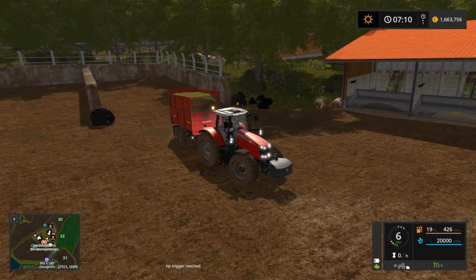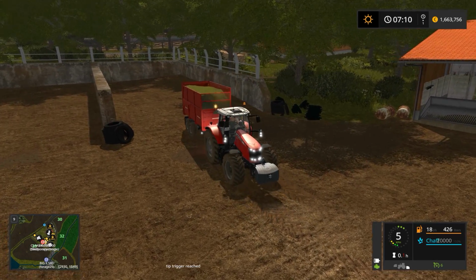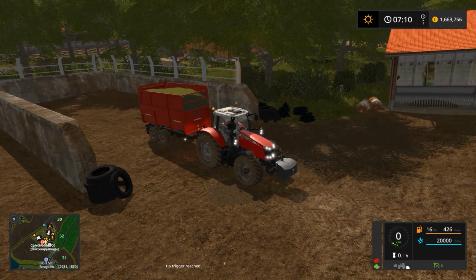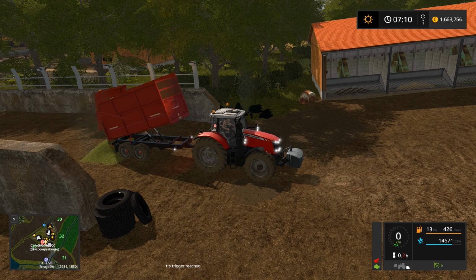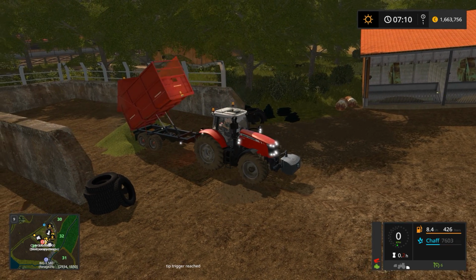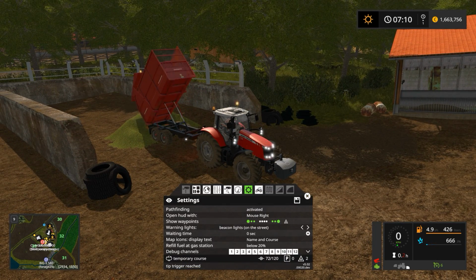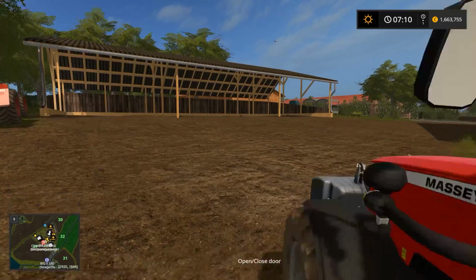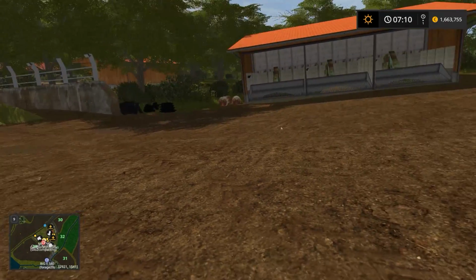Now, you can see down in the bottom of the screen it says tip trigger reached. However, it still continues quite a way into the silo before it starts unloading. That's because we set the load point so far back. But it doesn't really matter if you set the load point all the way back. It doesn't make any difference if you set the load point there or you set it up there. Courseplay will only unload at the front of the silo,